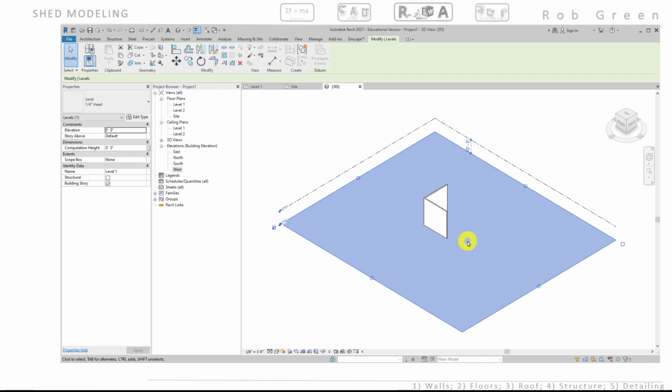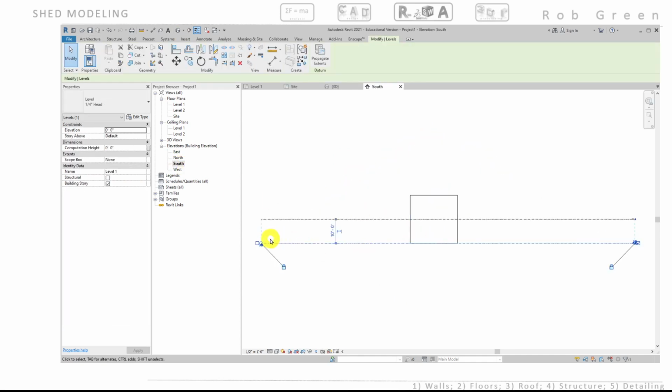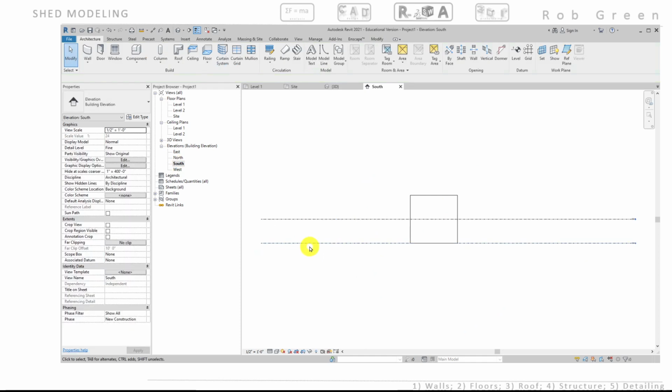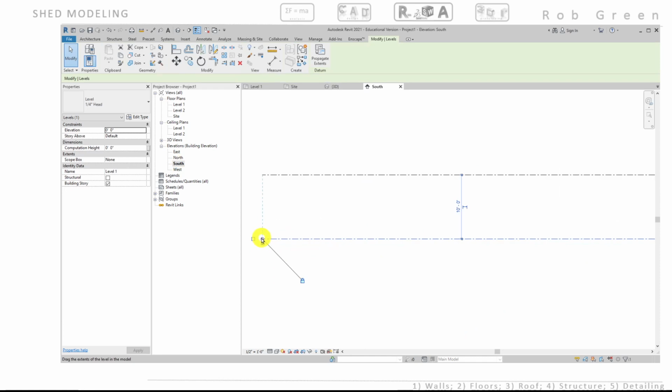It does appear to be a little more productive to do it in the elevations. So I'm going to go to south elevation. And of course, now at least I can see the wall. I definitely want to be adjusting my grids by making sure that I am adjusting the 3D grid